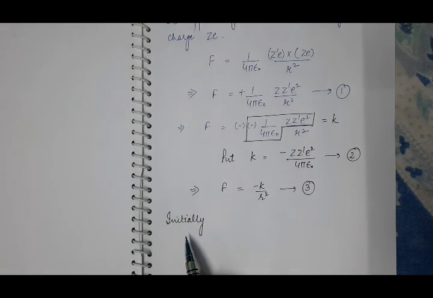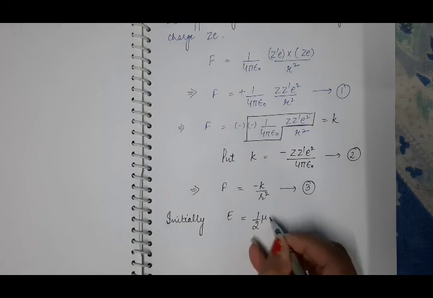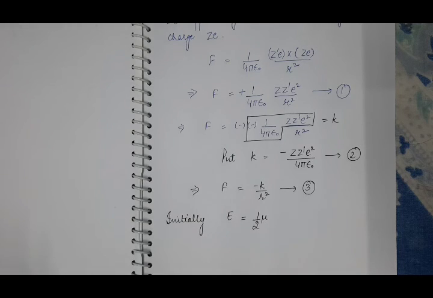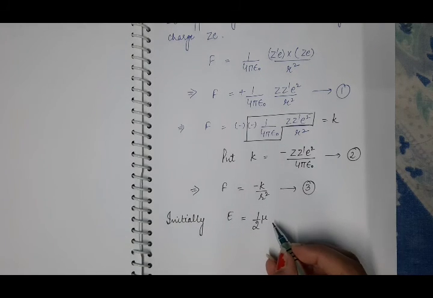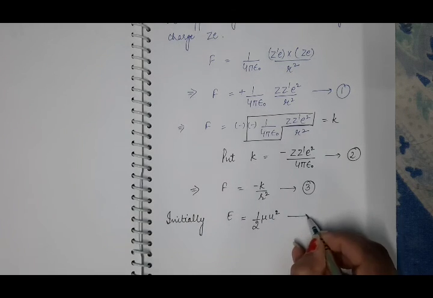So initially the total energy of the system will be purely kinetic, and suppose that energy is E and it will be equal to half. Suppose mu is the reduced mass of the system of nucleus and positively charged particle, so it will be half mu, and this positively charged nucleus is at rest. Only the positively charged particle which is approaching the nucleus is moving. So initially suppose that its velocity is u. So this total energy will be equal to the kinetic energy, which is half mu u square. And suppose this is equation number 4.